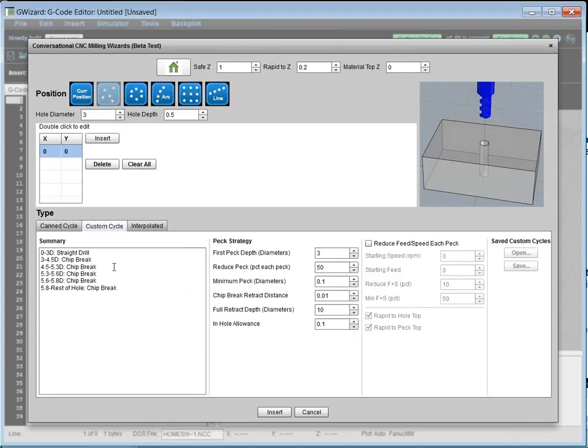Custom cycles are pretty cool. These are custom deep hole cycles. Many of you will know that drilling a hole that is many diameters deep requires a gentle touch, and so this is sort of your ultimate CAN cycle G-code generator for really deep holes. Basically what this is saying is from 0 to 3 diameters deep, we're just going to go straight down,